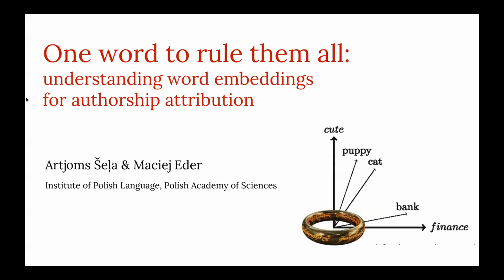So yeah, one word to rule them all, which is not entirely true, because we won't be using, we'll pretend to be using just one feature at a time, but it will, as you will see in a minute, be a little bit of cheating here. We are sucking up also some context, not only the word itself, but also its context. So some other words from a corpus are also sort of present in our model.